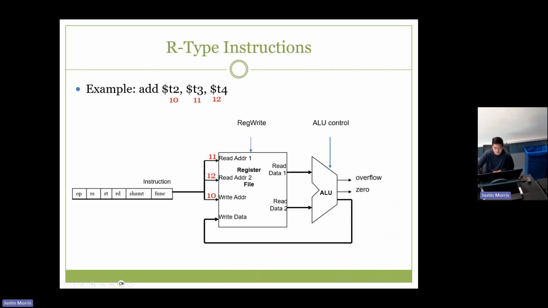We're just getting these things from the instruction. And so T2 is RT, T3 RS, T4 RT. This is the data from RS, data from RT, and then when it goes through the adder, it's the data from RS plus the data going into the write data. So this is the data we want to write, and the write address is